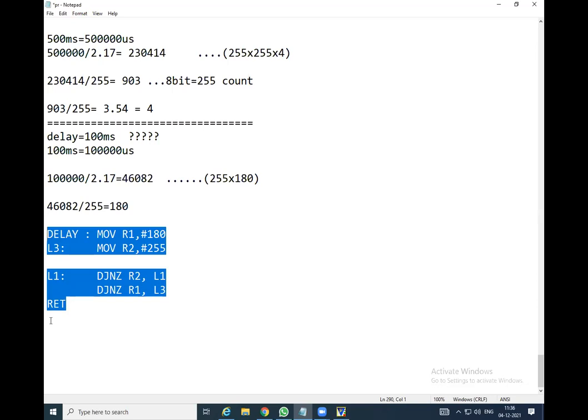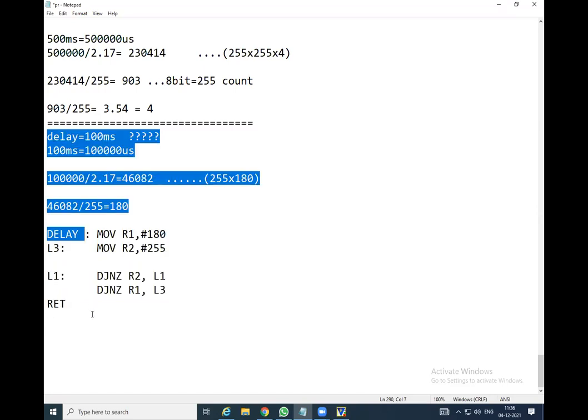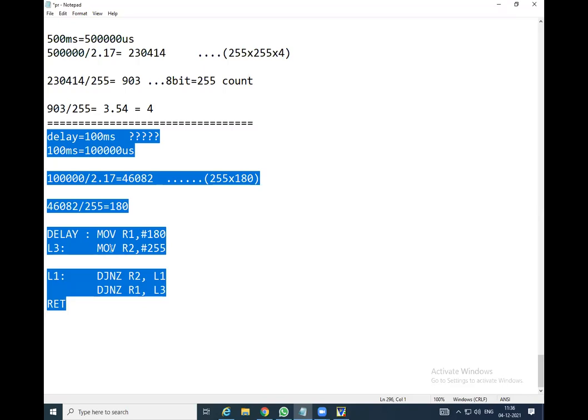Those who have gone or are on the way in this track only, they are very correct. So how to write the code for 100 millisecond, that I have shown over here. If you do not have it, you can just note down this code, and how it is calculated. That calculation you can also note down, which is ahead of this one only. I am just highlighting that one.